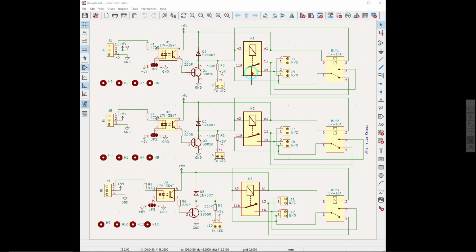So this big relay here has a footprint, it's a large relay. We'll look at it in a minute. It can handle up to 30 amps, I believe, maybe even more. What is it, 40 amps actually? Can handle up to 40 amps, and this one here can handle up to like 10, even 20 amps at a lower voltage, but it's much smaller. And both of them are 5-volt relays, which means they can be driven off a 5-volt power supply, like the logic circuits. And it has an optocoupler here,